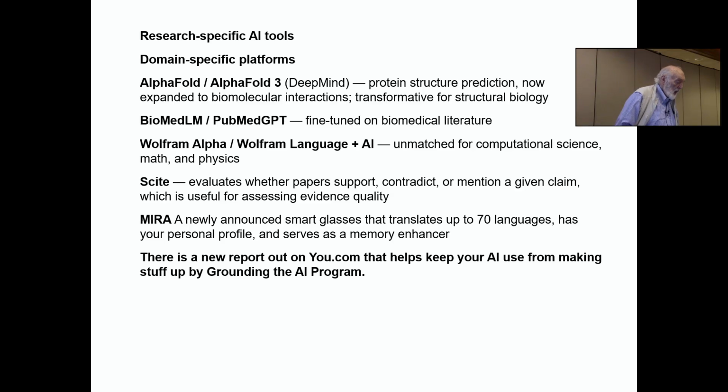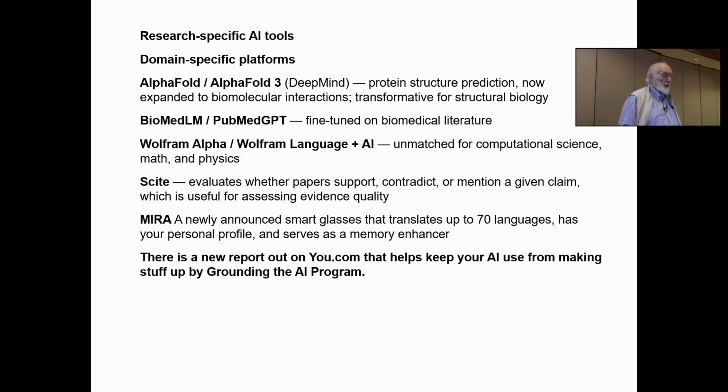Wolfram is an add-in to several of the programs like ChatGPT and others, and it will actually sit down and solve. You all remember those nasty second-order PDEs that we had to solve as undergraduates? It's a piece of cake.